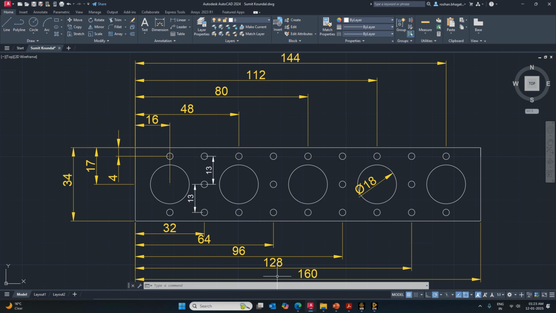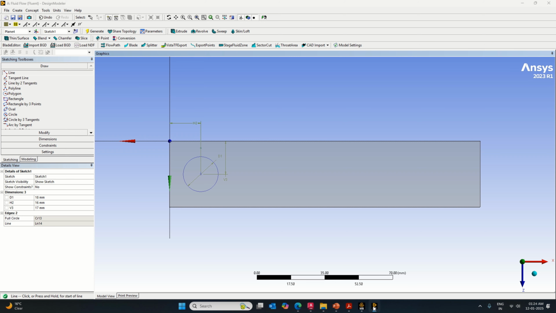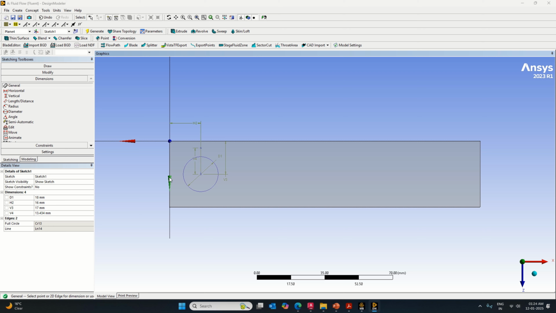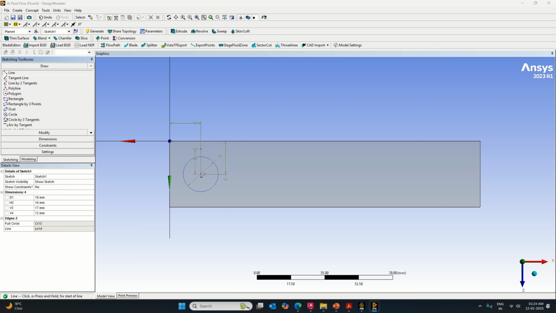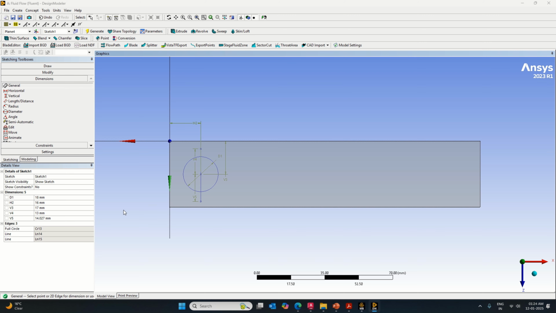So what is the distance here from the center of this? This is 17, so 17 minus 4 will equal 13. So you can take the distance, this is equal to 13. This dimension is equal to 13, and you will be in a position to draw 2 circles. Similarly, one more circle we can draw here. So that dimension will be equal to 13. So put it 13. So let's draw 2 circles of